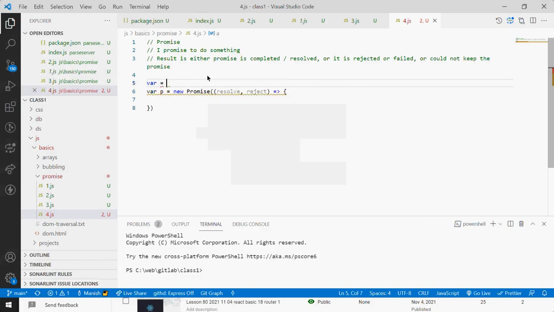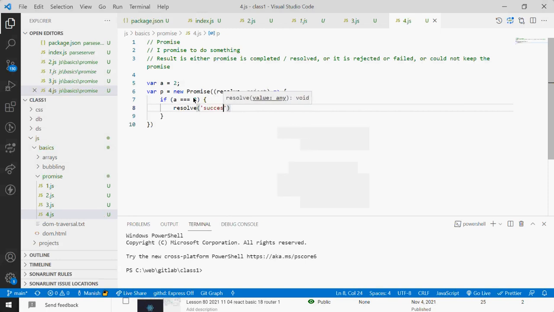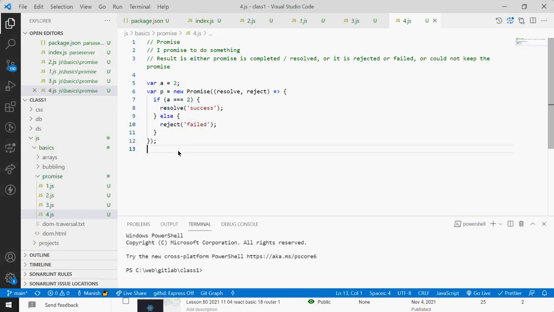Now let's say we have a variable a equal to 2, and here I'm saying if a equal to 2, then I'll say resolve, success, else reject, failed. So here we check the value of a: if a is 2, I resolve it, otherwise I reject it. And then I will say,